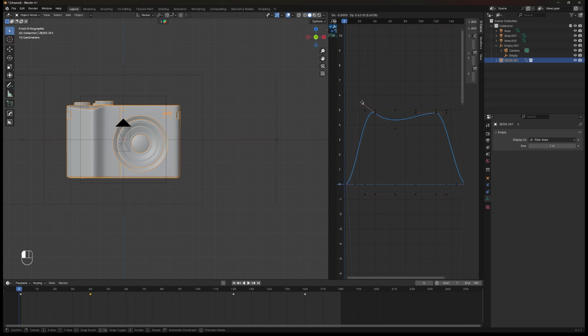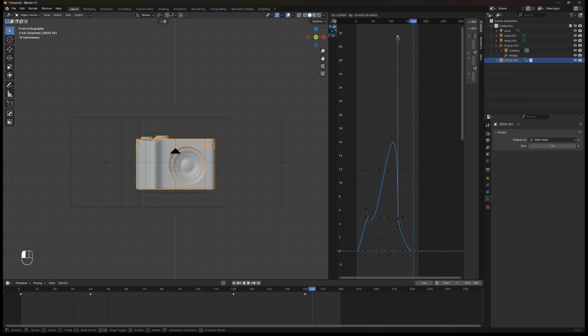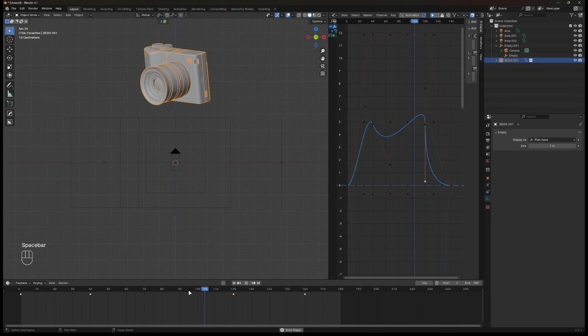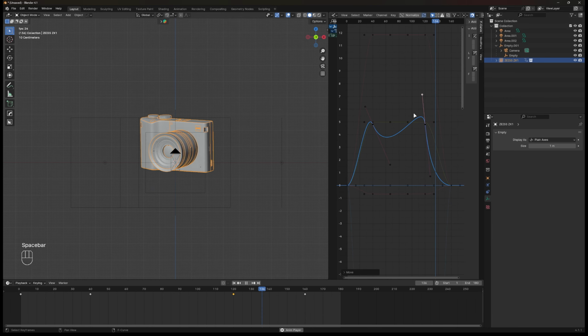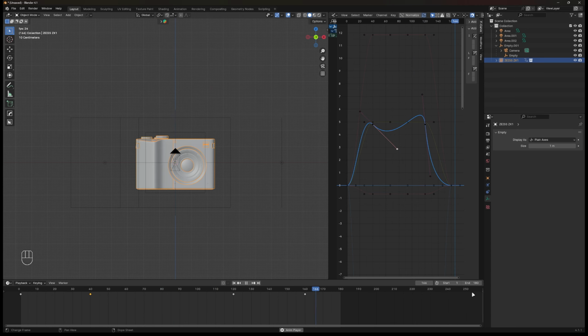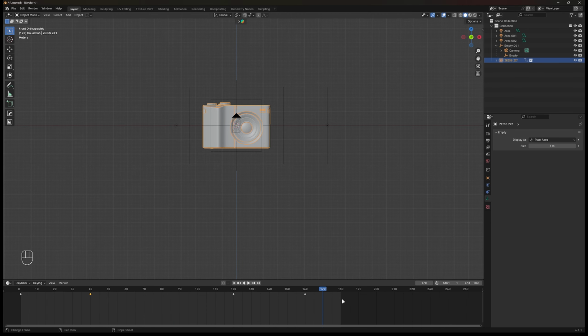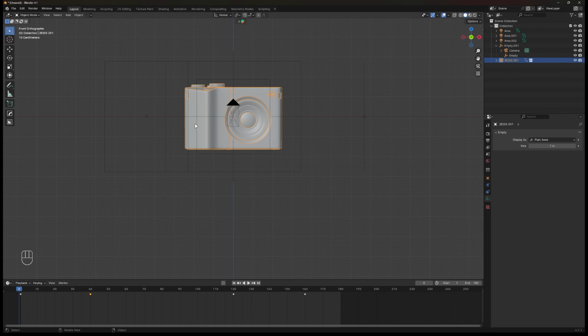On the top here, tweak some of the dots and make it go up and down like a hill or like ours. Now the result of the animation will be different. You could do the same as I did here, so I want the animation kind of like a jump, floating in the air, then a fast drop down but with a smooth landing. Okay, now let's animate the camera. First, set the frame to 1, then select the empty box in the center.